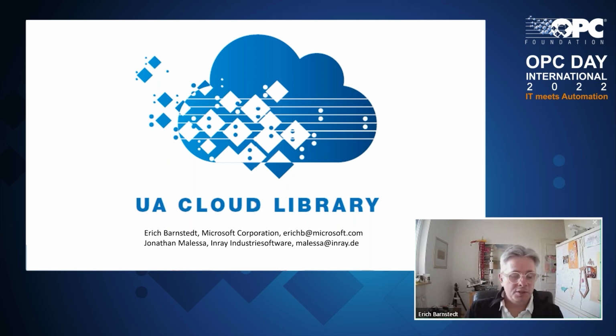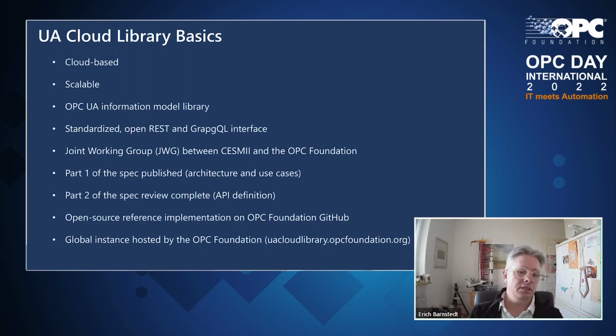It is actually the world's largest information store of information models, of digital twins, whatever you want to call them. So let's talk about the Cloud Library, where it came from, why we need it, and its adoption today. So the basics, it's a cloud-based library. It's very scalable. It runs on any cloud. It's cloud independent. In the working group, we had representatives from Google, Amazon, Microsoft,